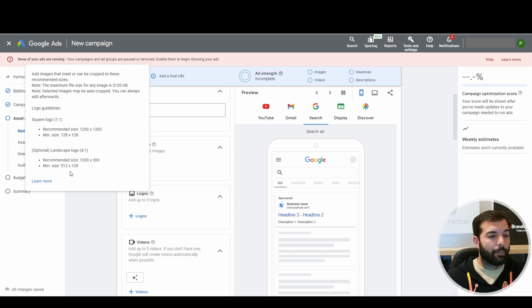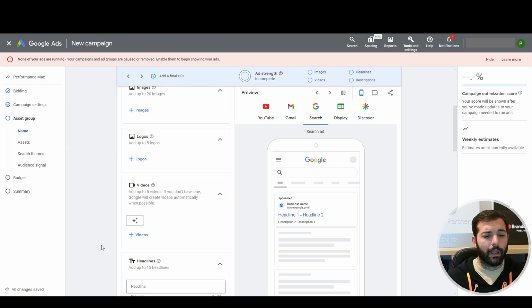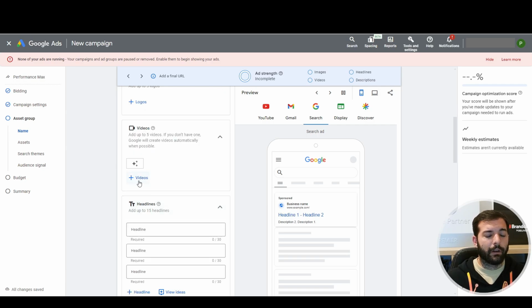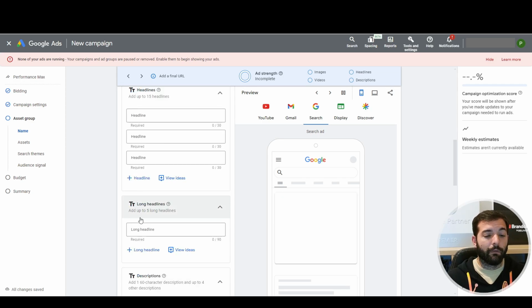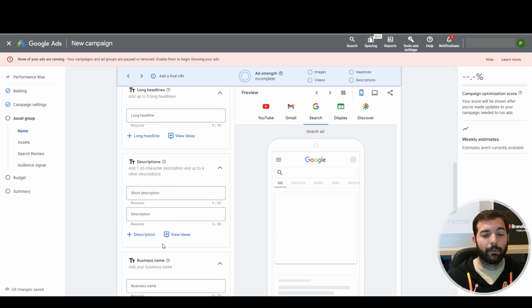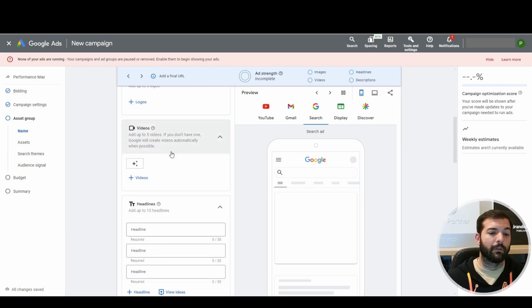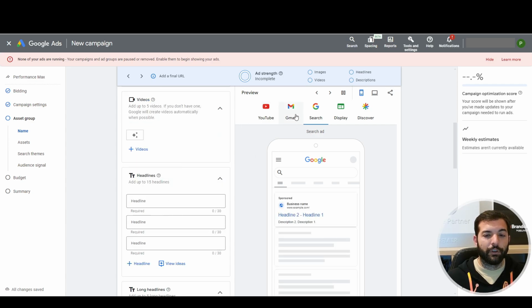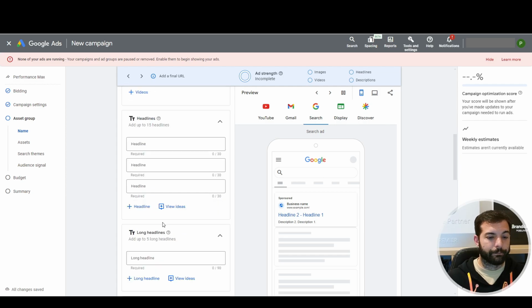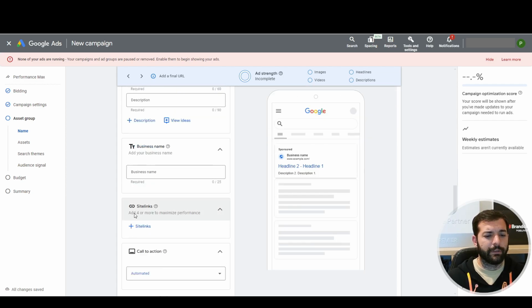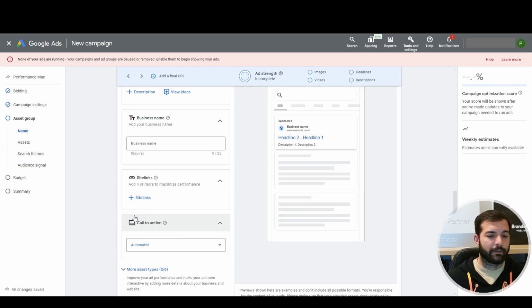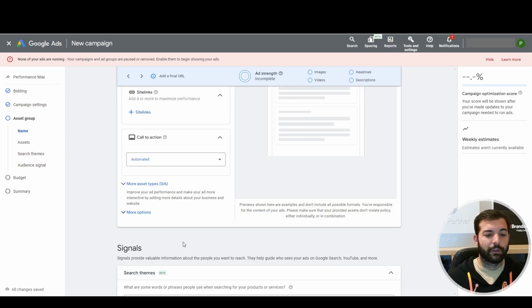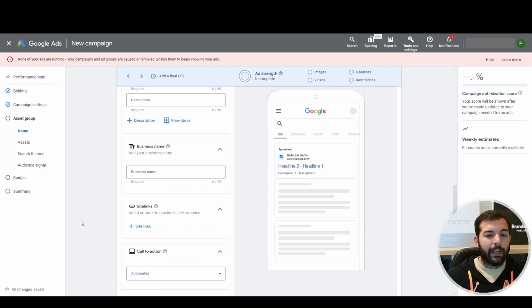Inside the asset group, you can also see the different sites. And then we can upload the videos. We can bring them straight from the YouTube channel. And then we have headlines, long headlines and descriptions. The video will allow the algorithm to run on YouTube. Headlines are for Gmail, display, search, and discover. And then we have something about business name and extensions like site links. We have call to actions. I mean, you can decide to put